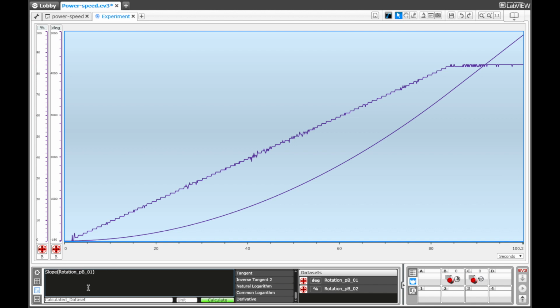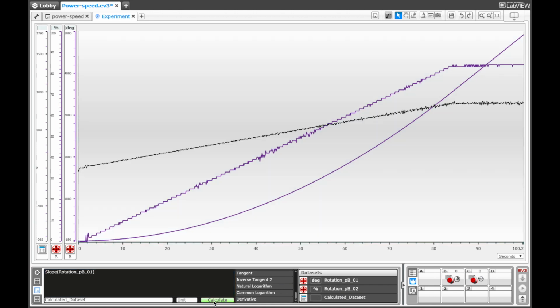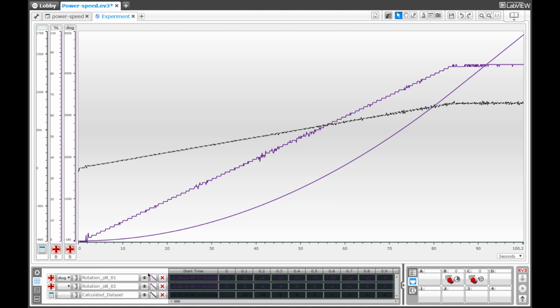Anyway, they are synonyms, and we can calculate the slope here, and the slope of our degrees is plotted in black. Let's change the colors a little bit here because it's confusing. So let's make the degrees red,